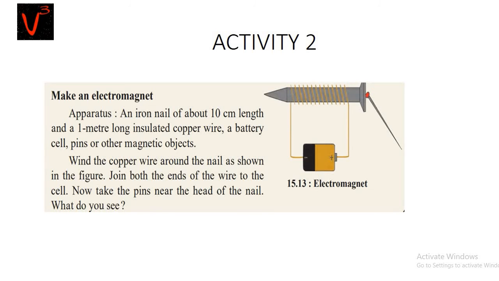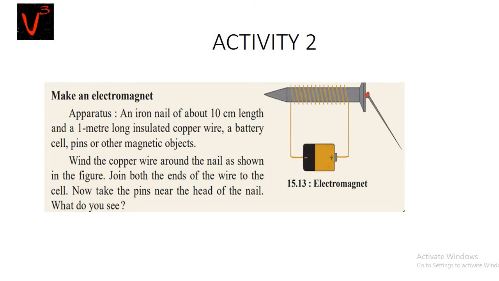Means what? Using electricity, some wire and a magnetic material, we have created magnetism in that magnetic material. This is how amazing, right? So try this at your home. While doing this activity, we can see that the pins stick to the nail. Now stop the electric current and see what happens. Means take out the battery from the setup that you made, that is, from the wire you take out the battery and check. What happens is the pins sticking to the nail fall off.